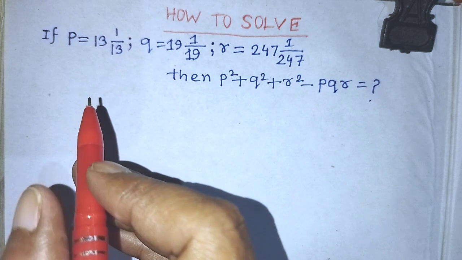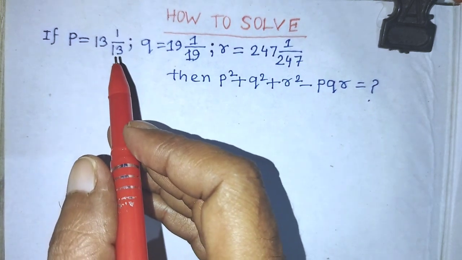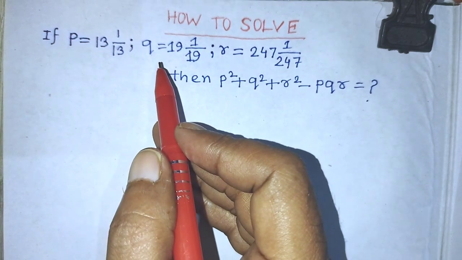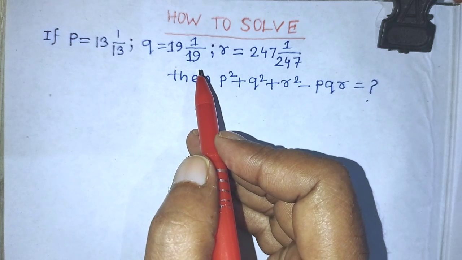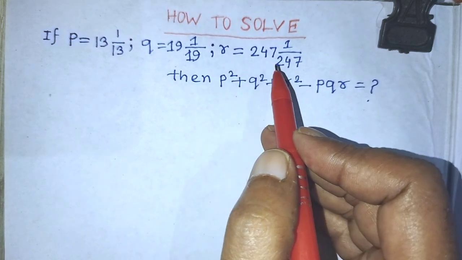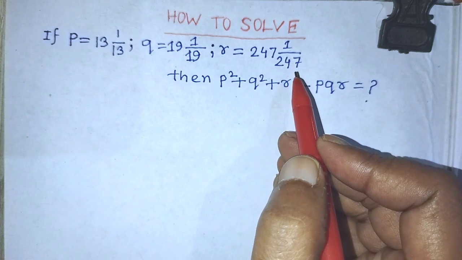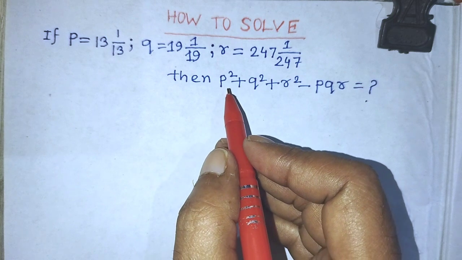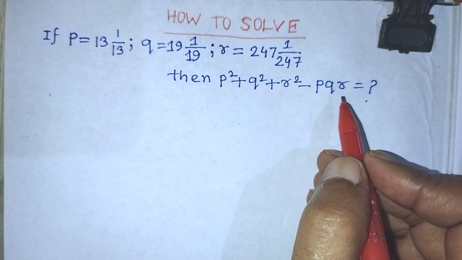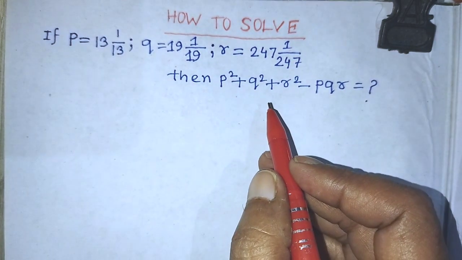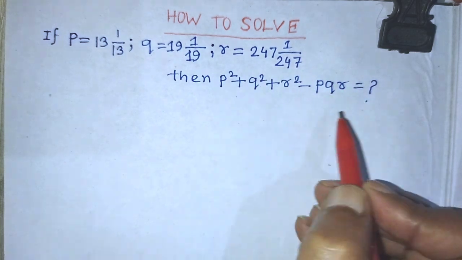So student, today our question is: if P is equal to 13 and 1 divided by 13, Q is equal to 19 and 1 divided by 19, and R is equal to 247 and 1 divided by 247, then find the value of P square plus Q square plus R square minus PQR. So student, today in this video I will tell you how to find the value of this algebraic expression from